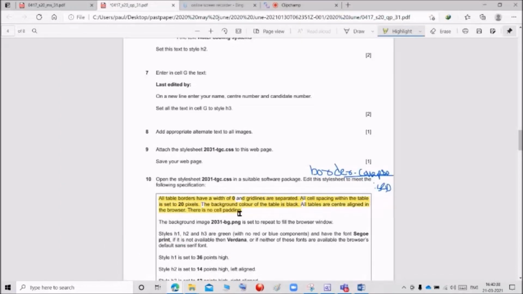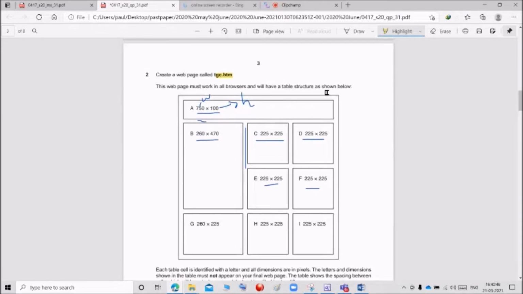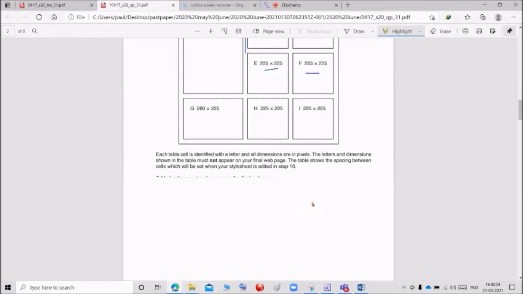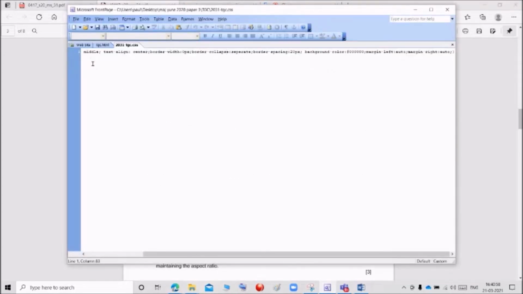And they mentioned there is no cell padding. There is no cell padding means in this table, each row and each cell has data, so the cell padding will be applicable on the data. So I am going to open a new tag like this and press enter.